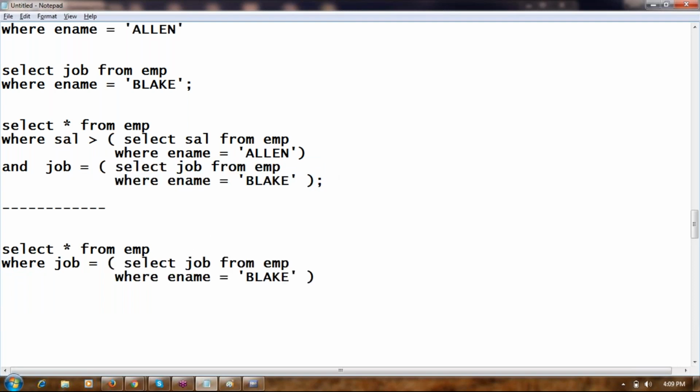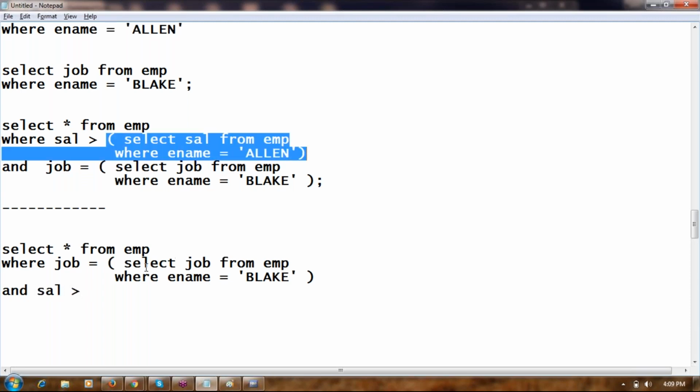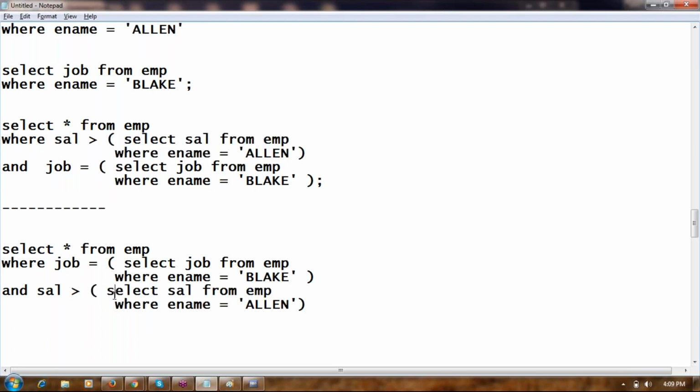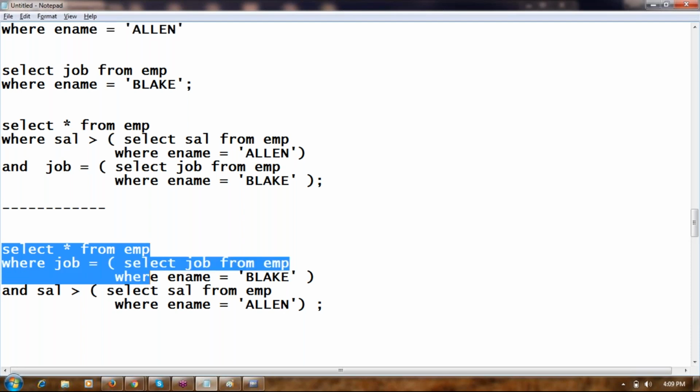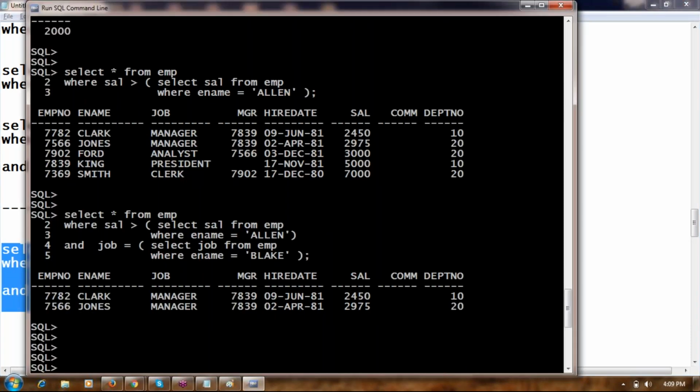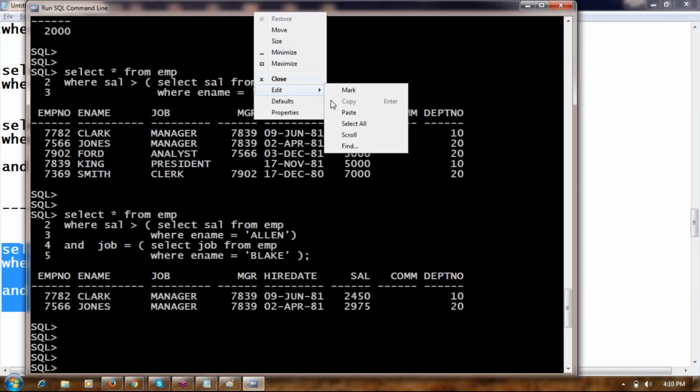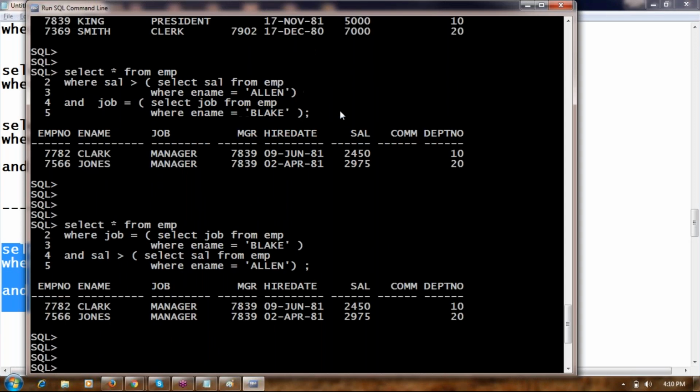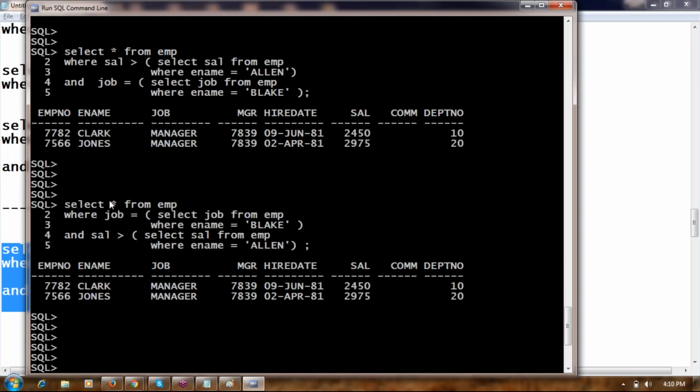That practically does not make a difference. Are you able to get the same output? Isn't it, Dilavar? Okay. Same condition 1 and condition 2.